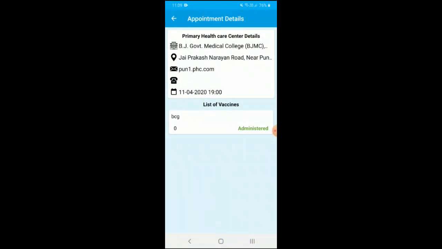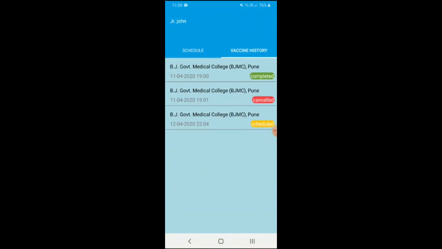In this case, it is BCG. It also gives us the PHC's address, email, and the date and time at which this vaccine was administered. Similar details can be viewed for scheduled and cancelled vaccines.